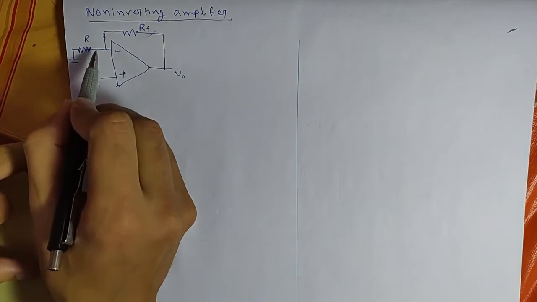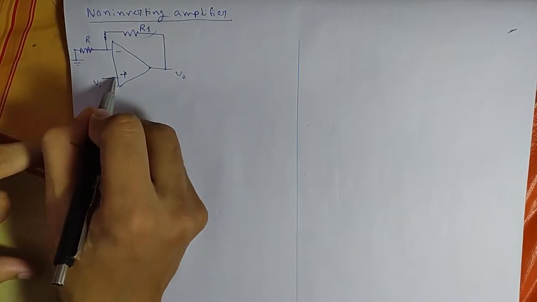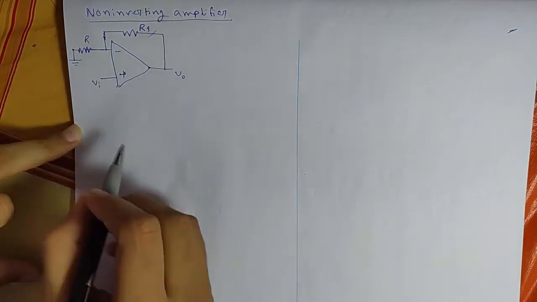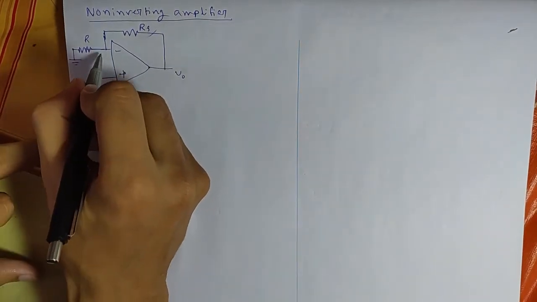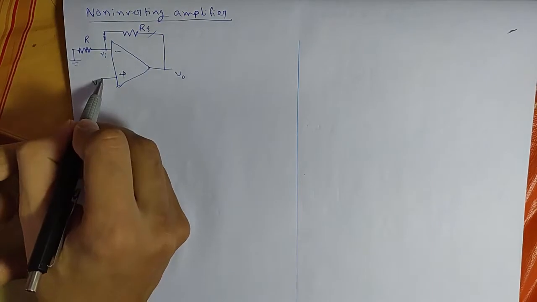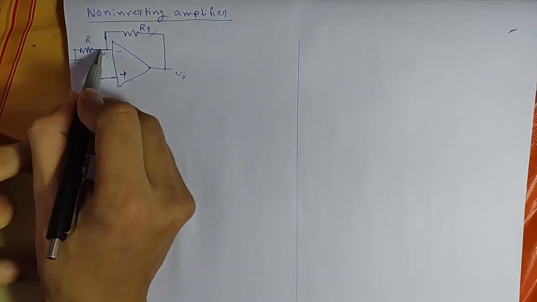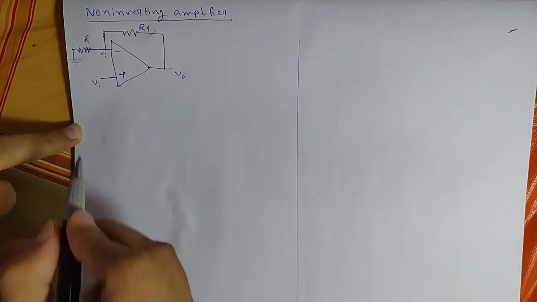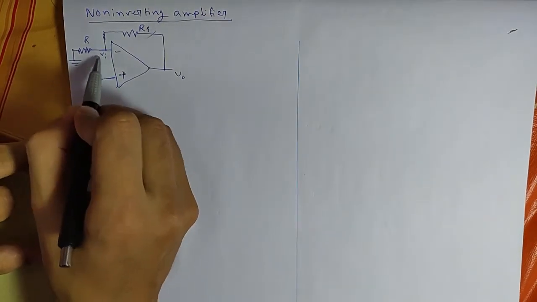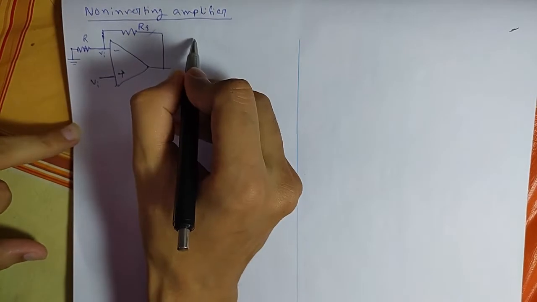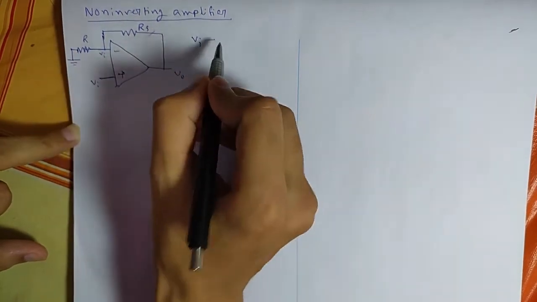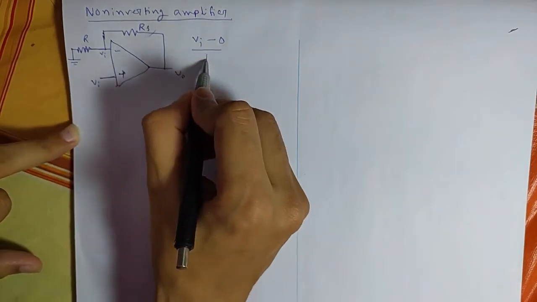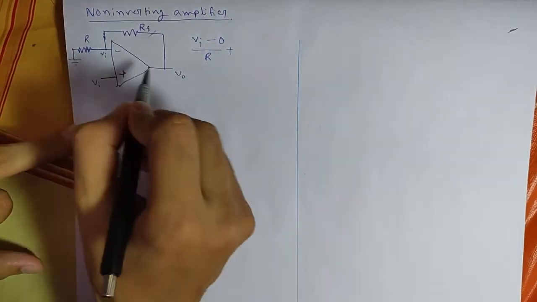and as a result the difference of the signal will be reduced to zero. So when the difference is zero, if this potential is Vi, the same potential will appear here. So voltage at this node will be Vi, and the same voltage Vi will appear here to make the difference zero. Now if I apply KCL at this node, we can write (Vi minus 0) by R plus (Vi minus V0)